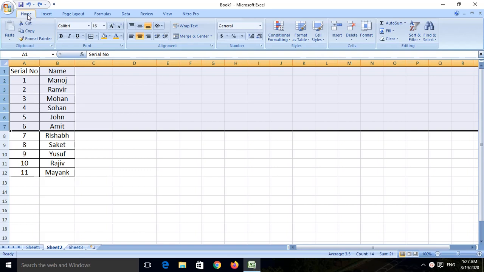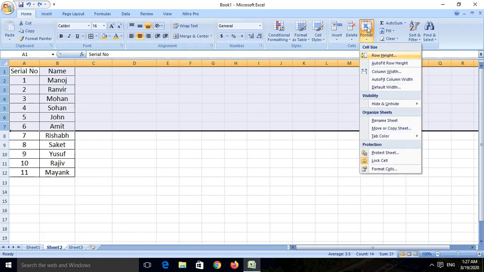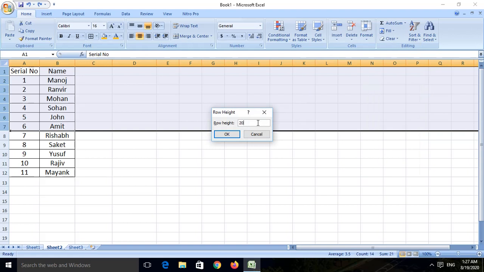Then at the top go to the home menu. To the right hand side of that menu you will get an option called format. Under format, the first option you will get is row height. Click there, and put the number up to which you want to increase the row height. Let us say I will put 30.